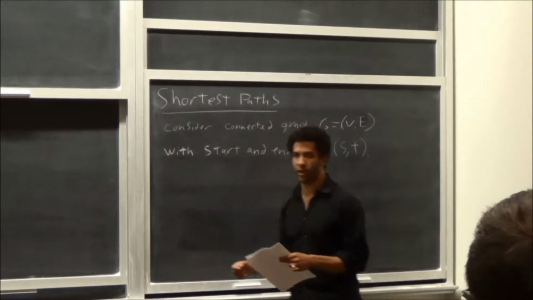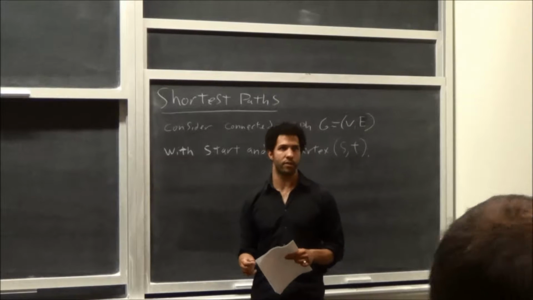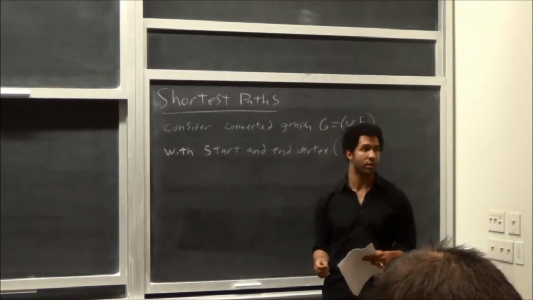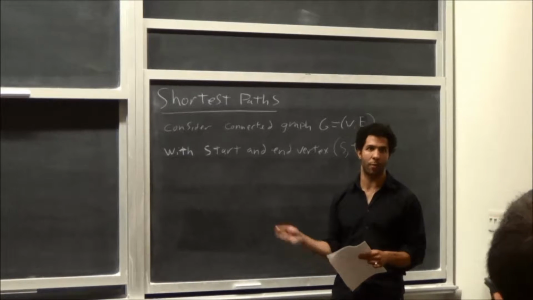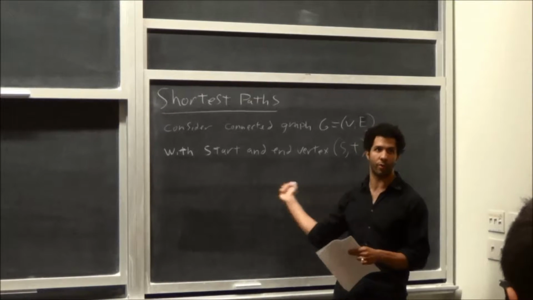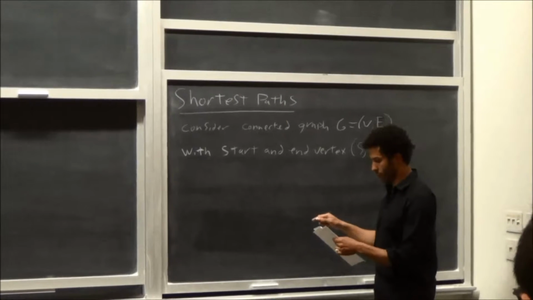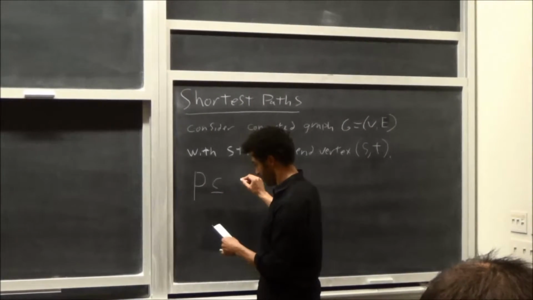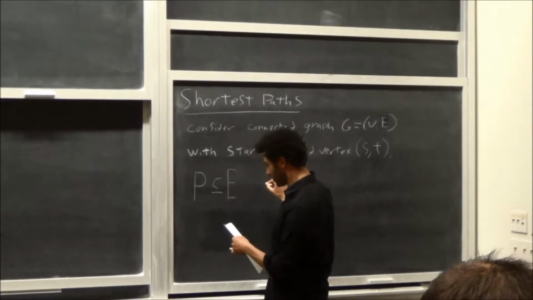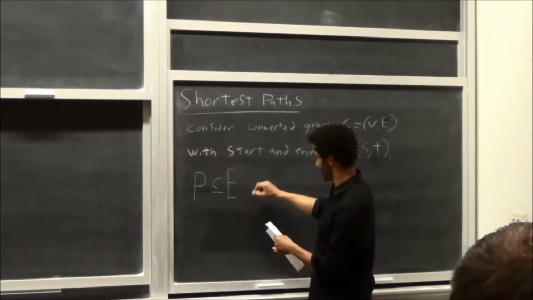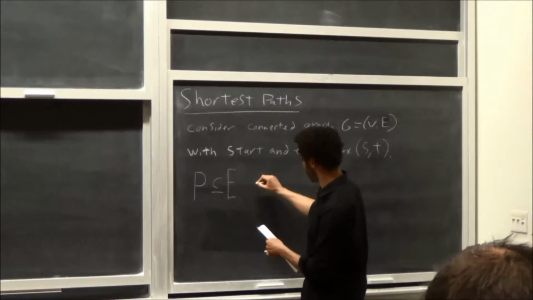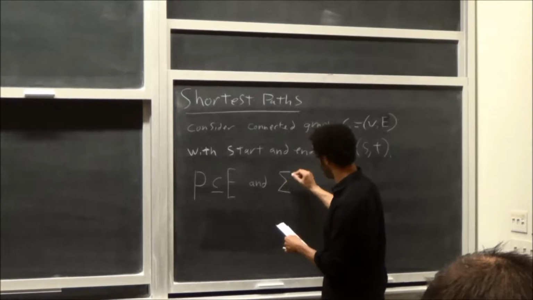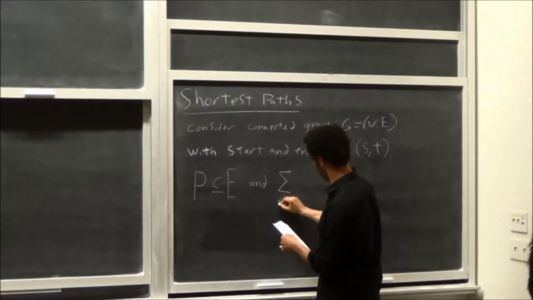And so the goal, broadly speaking, is to find the subset of edges that minimizes some sort of function, and also gets us from start to terminal, from start to end. So specifically, we're interested in some P, that's a subset of the set of edges, where for all the edges in P,